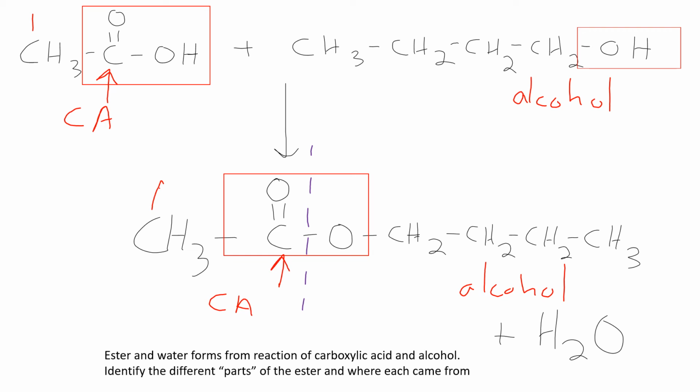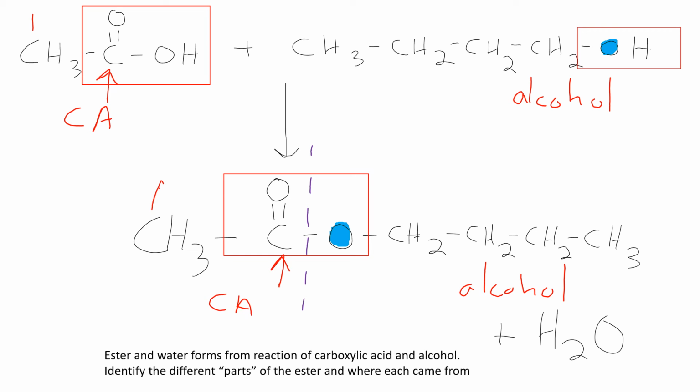Now for dealing with the alcohol. And again, there's multiple different ways of doing this with color, symbols, number. I'll show a little bit of each. What I'm doing is I'm just coloring in the oxygen of the alcohol. That oxygen of the alcohol, what does that become? That's going to become the oxygen of the ester. That's how those map onto each other going from reactants to products.